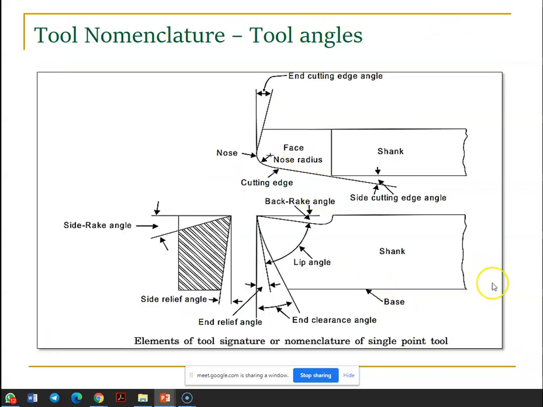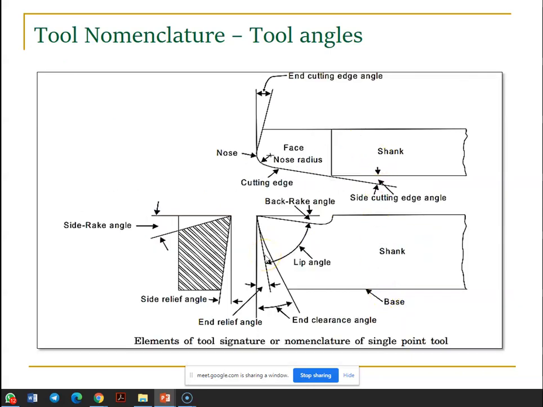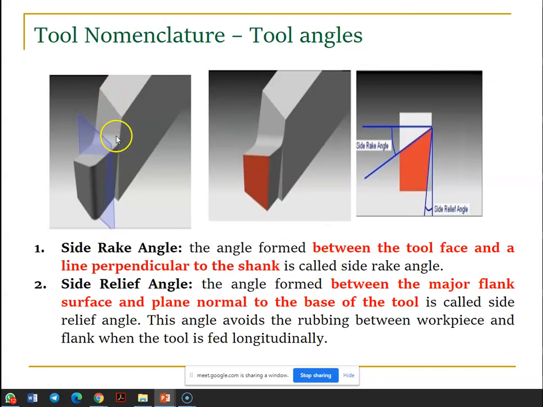This is a graphical representation, right? This is what we have given here. I hope this is shown in first angle projection. You just see, right? The first one is the side rake angle, this is 2, right? And the blue color indicates the cutting plane, right? If I cut this, I will get this. So what I do is draw a normal line from here, and then the edges.